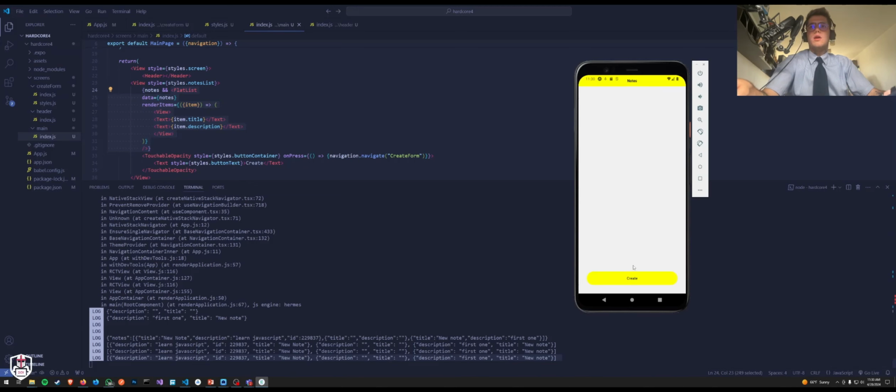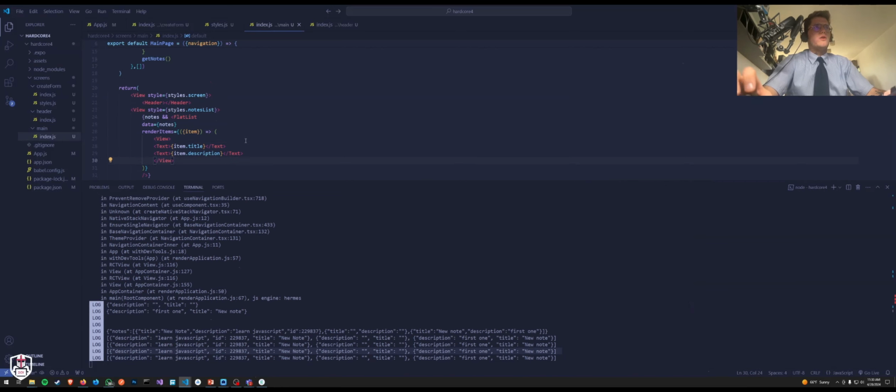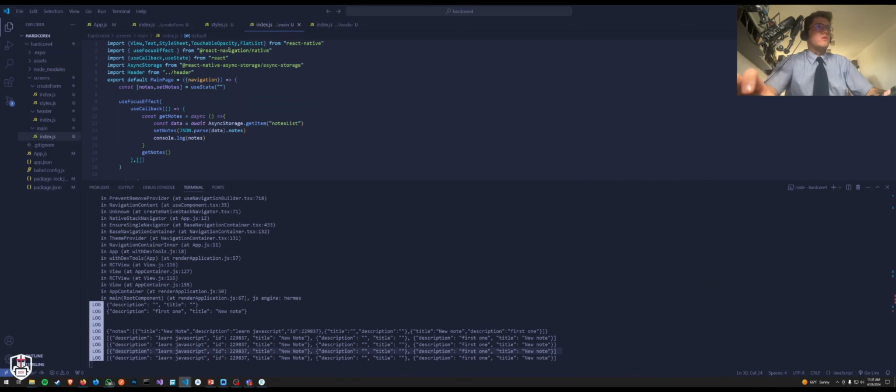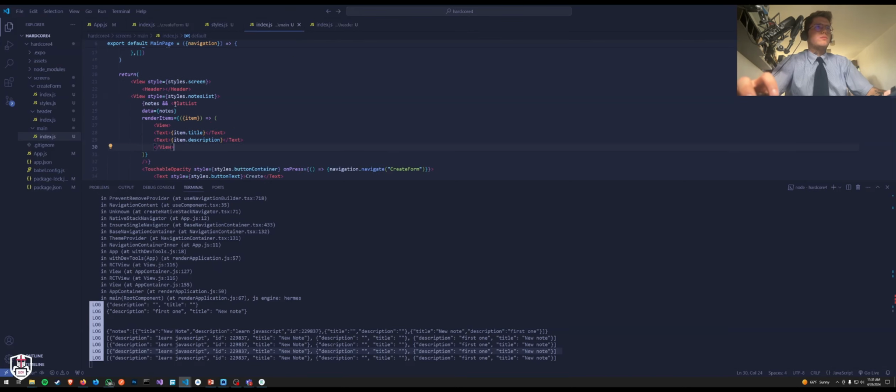It should throw us an error, but I don't know why I don't see it. Anyways, here should be an error. Why? Because, let me check. So flat list exists. Data, it's nodes, and nodes is an array. Okay, well, anyways, it should have thrown us an error, because when we are doing a flat list, each